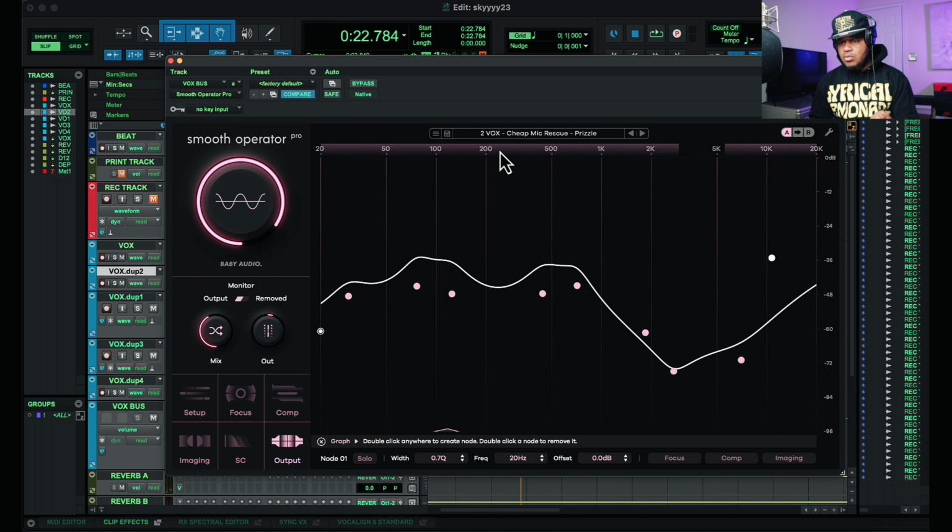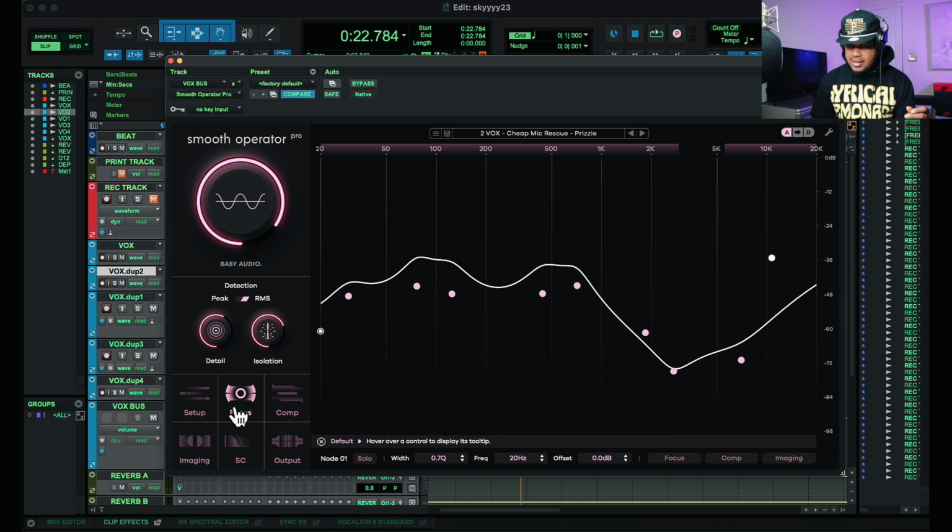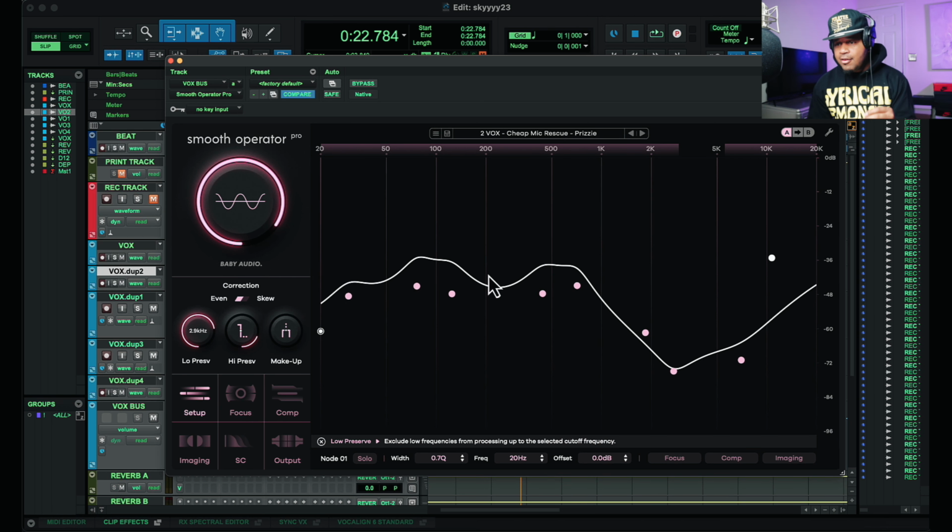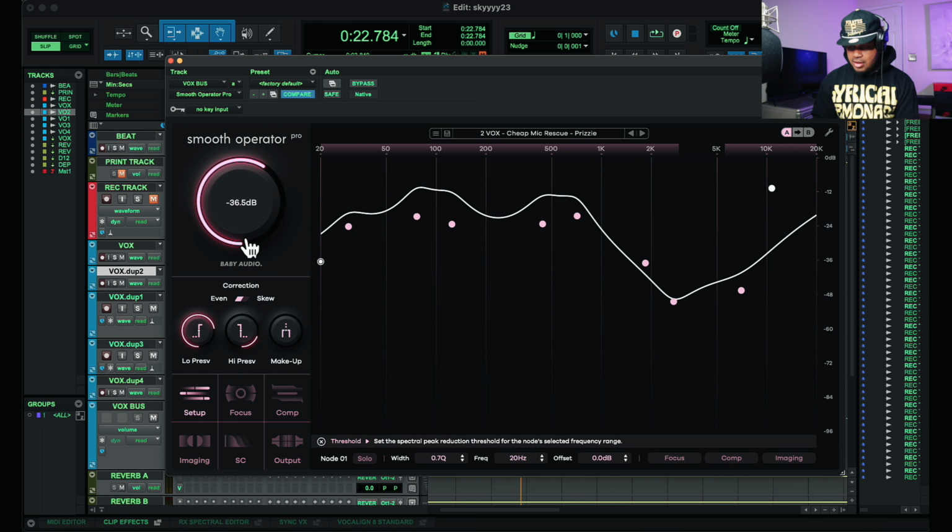See, but even with this one, this one is a little interesting to me, because it's doing all this other stuff, right? But at the same time, it has the, where is it at, the preservation. It's preserving a lot, right? So we're not really hearing what it's doing with this. So if I want to bring this up,